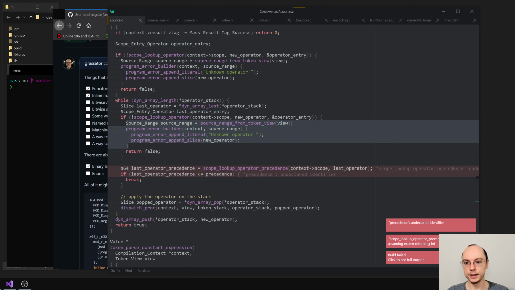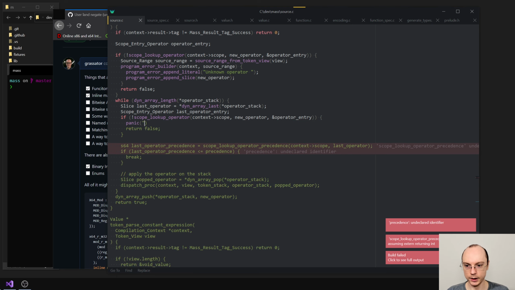We added it to the stack, so we shouldn't get here without an entry, if I understand correctly. Internal error. Expecting operators on the stack to, well,